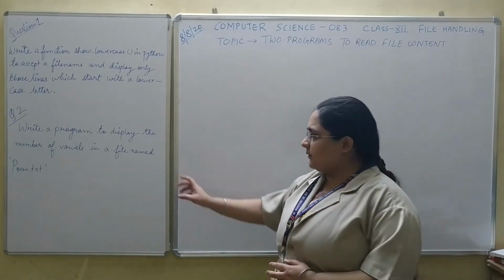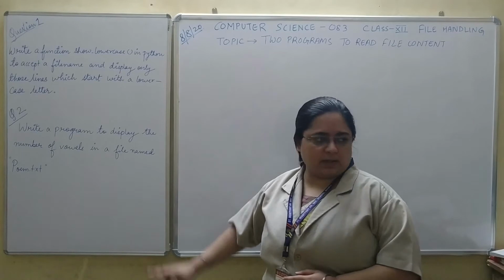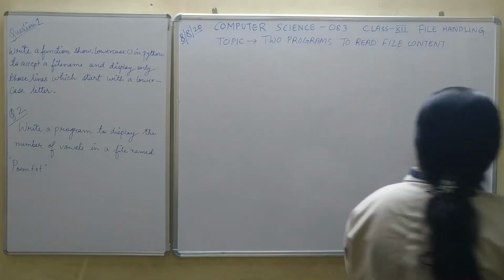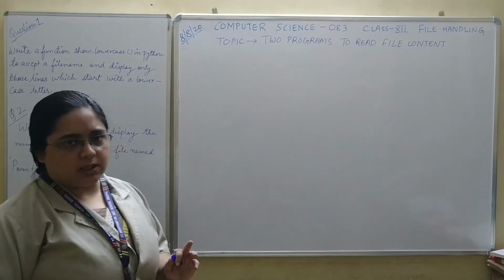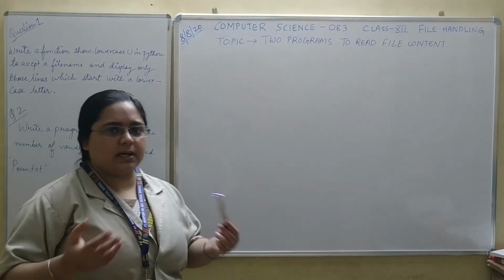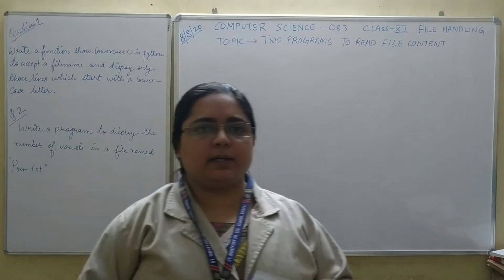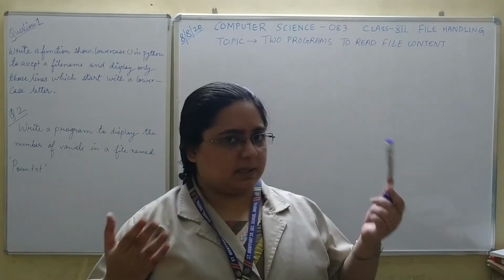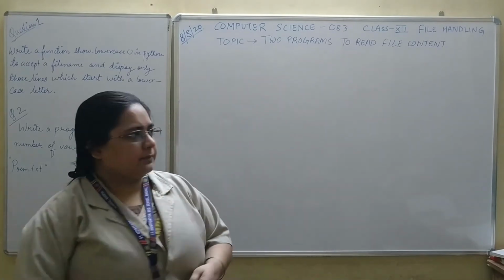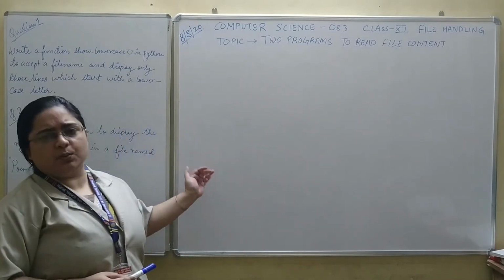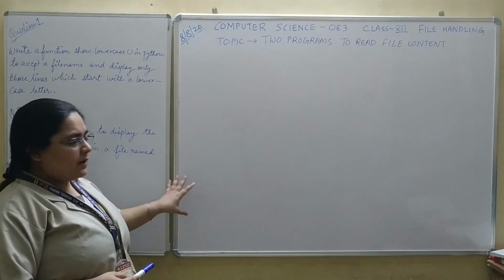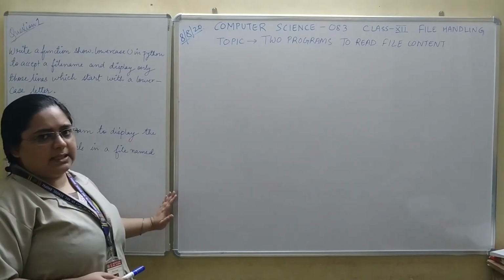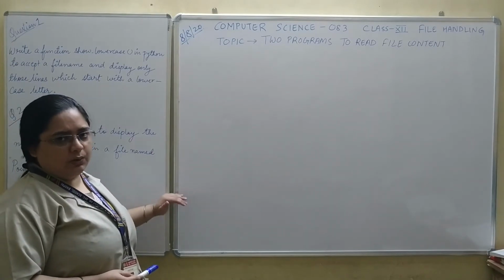So let us start from the simpler one, that is the second one. Because the second one doesn't contain any function, the first one contains a function. So you people have already studied what are functions in the previous chapter earlier when I had taught you what are functions. So we are going to come to functions a little later. First of all, I will teach you the easiest one, that is the one without functions.